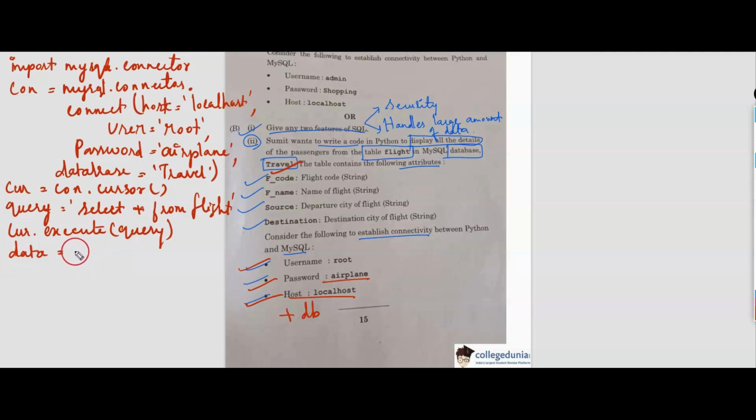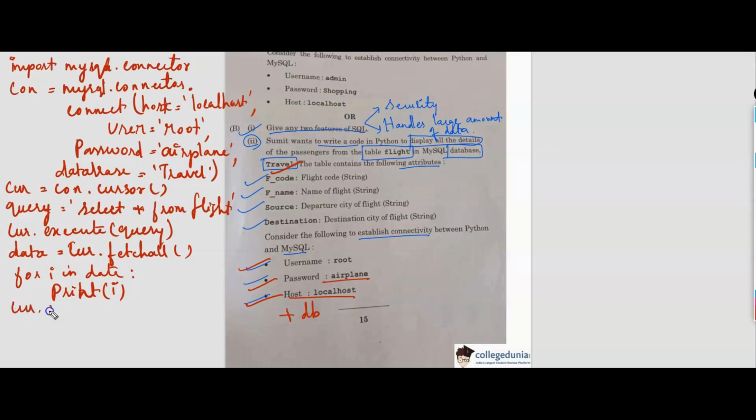By using the cursor object, we fetch all the data with the fetchall function, and by using the for loop, for i in data, we are going to print i. That means the details of the passengers get printed line by line when we use the for loop. Then after that, we are going to close the cursor object.